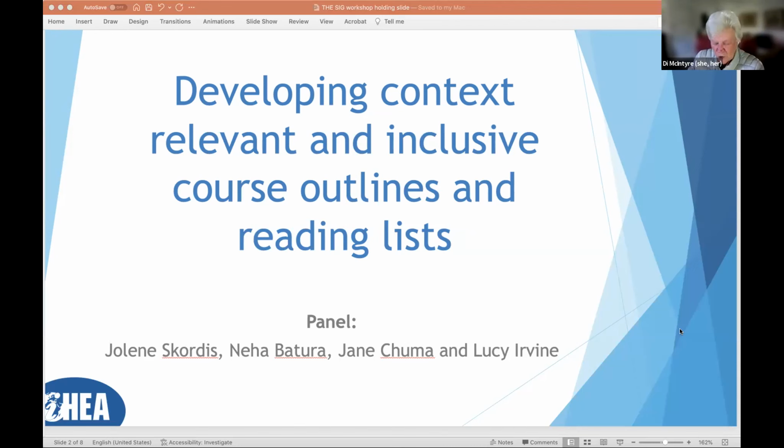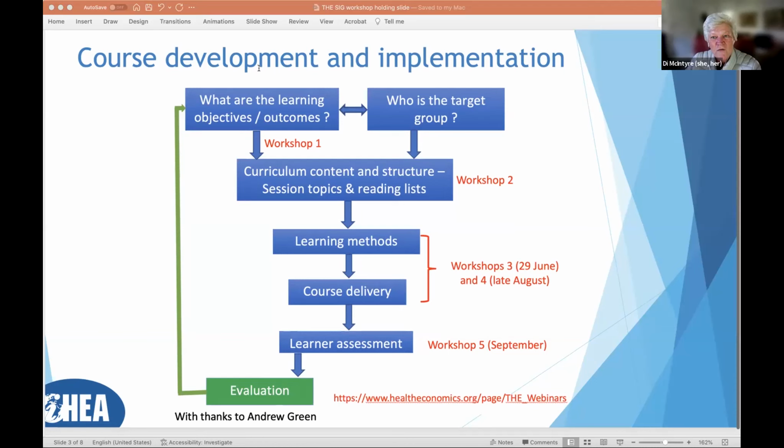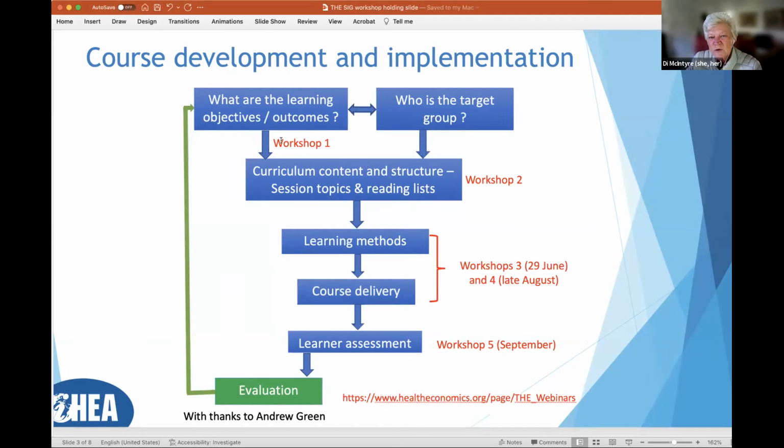I'm just going to begin with showing one slide that was used in the first workshop, which provided an overview of the development and implementation of courses. Basically, if you missed that workshop, it provided an overview, but also focused quite a bit on how you develop good learning outcomes. If you happen to miss that workshop, the recording can be found on the IHEA website